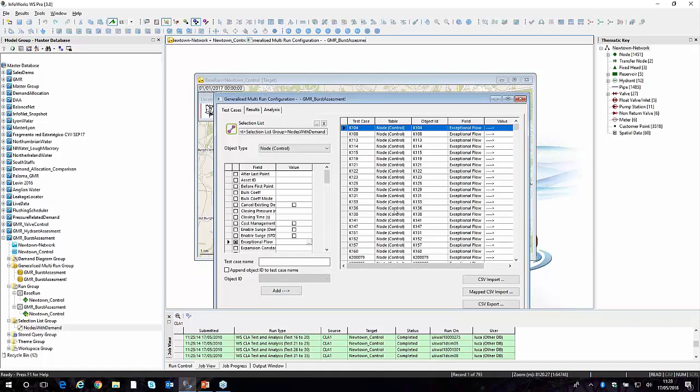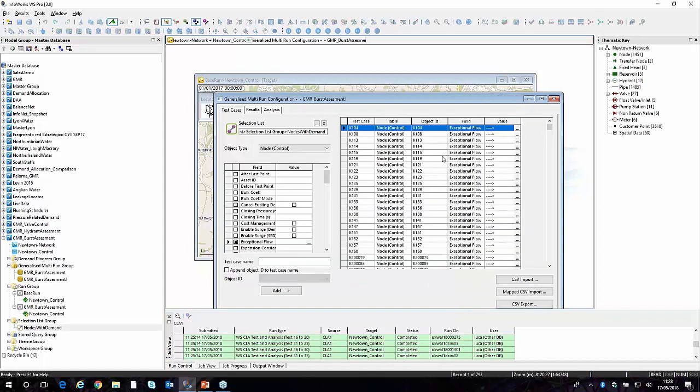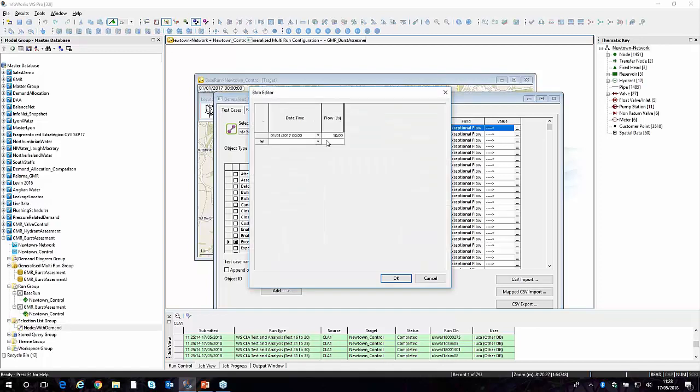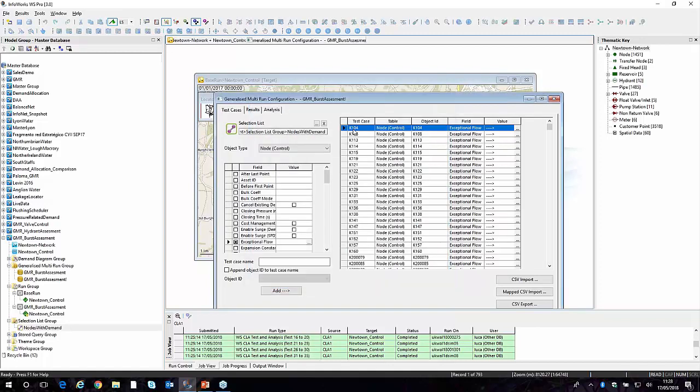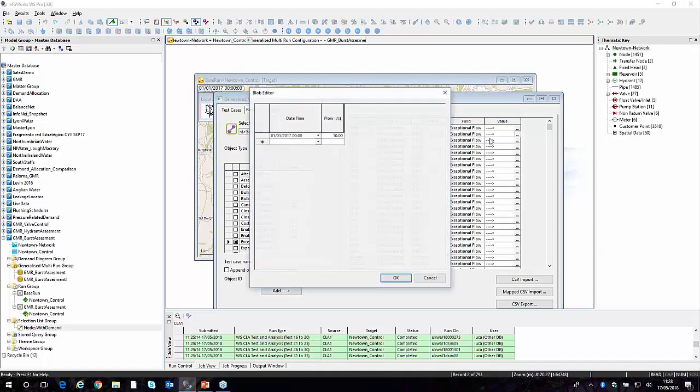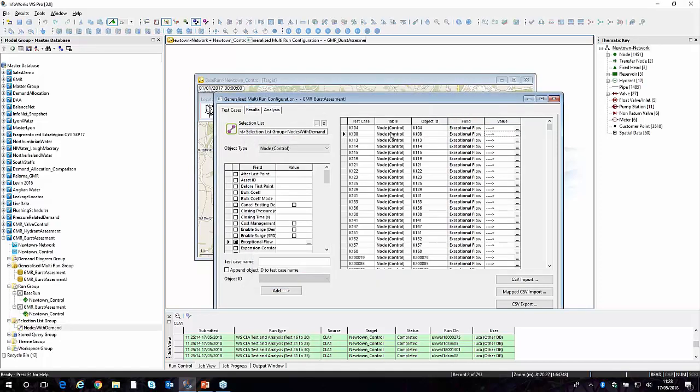So what you can see from this grid view here is basically a summary of what the software is going to perform. In this simulation, we are going to add the additional demand, which is 10 liters per second for the entire simulation on this specific node in my network. Then I will perform another simulation putting the same additional flow because I automatically created it on this node, and so on. So if you look down here, we have 793 points where we are adding this additional 10 liters